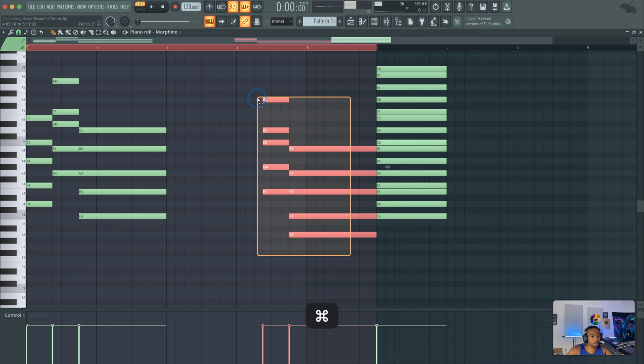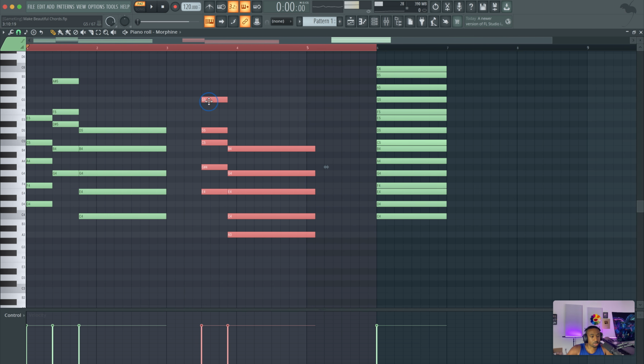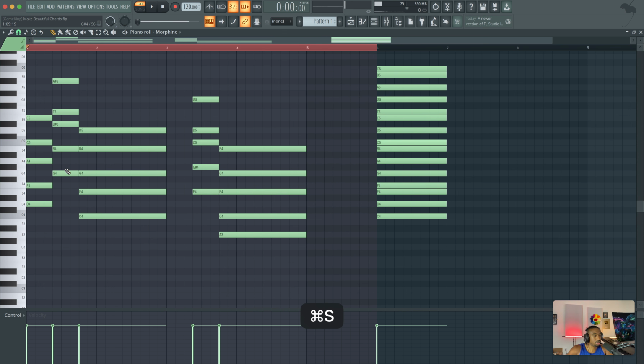Okay, so now we want to move into the A natural minor scale. But the question is, which chord do we use? We don't use the minor chord anymore because now we're in a different scale. Okay, so now I'm going to start here at A and assume that this is the new tonal center. We're going to take the 2nd scale degree, the same way we would in a 2-5-1.